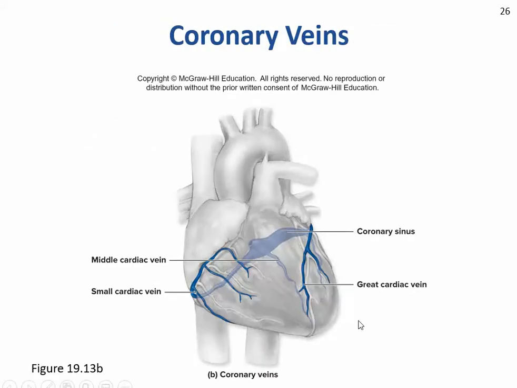Okay, so the blood flows back through the veins. The one that runs parallel to the anterior interventricular is called the great cardiac vein. The middle cardiac vein is the posterior interventricular. The small cardiac vein runs kind of along with the marginal. And there's various other veins as well, but they all end up back in this thing called the coronary sinus at the back. A sinus is just like a vein, except it has no valves. It tends to be dilated as well. So the blood pools in here and then enters the atrium right here at the